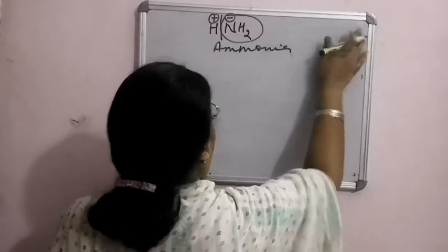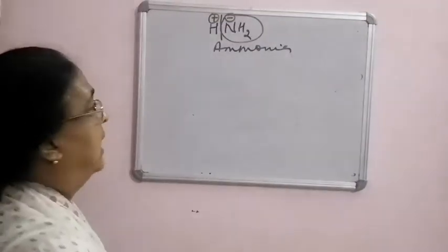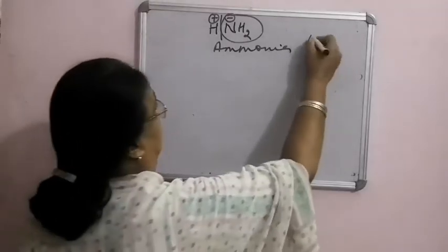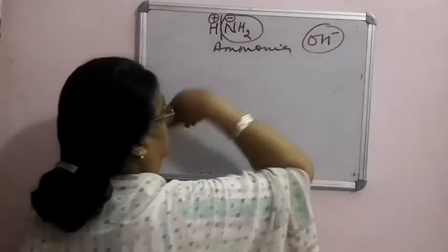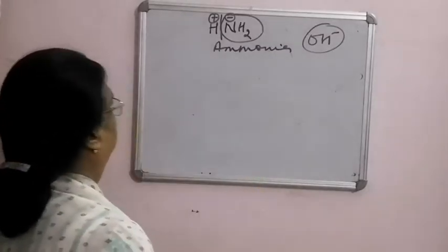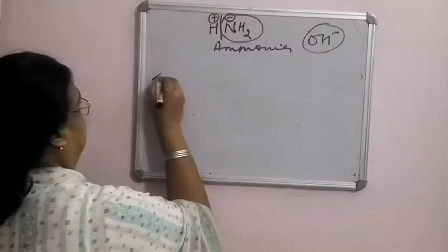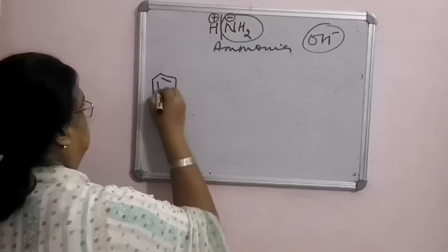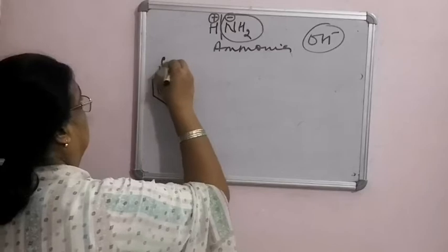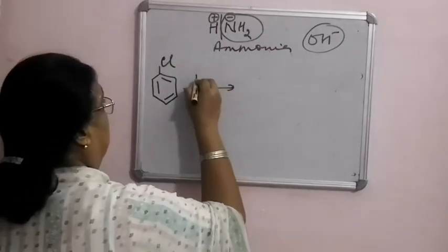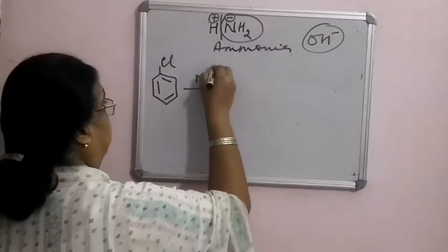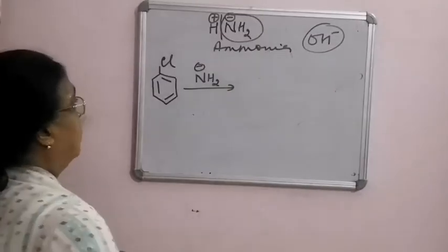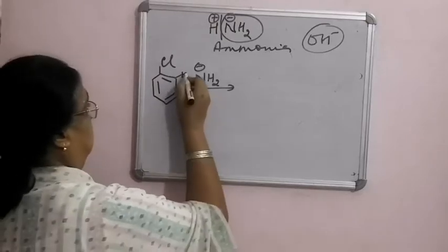Amide. Here this NH2 group, wherever the OH group went, is a nucleophile like the OH ion. So wherever the OH ion went in the previous case, here NH2 will go. You can do that exactly the same way. So here, chlorobenzene in the presence of NH2 negative, the minus charge will be on N and one H is here.